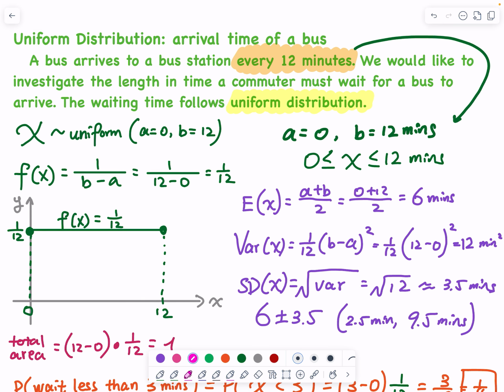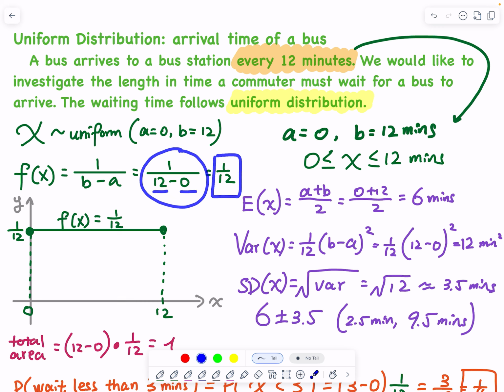A bus arrives to a bus station every 12 minutes. Every 12 minutes means the minimum is 0, maximum is 12. Therefore, the probability density function is 1 divided by maximum minus minimum, and then you have 1 over 12, and then this horizontal line is defined between 0 and 12. Okay, and then the first thing that I would like to find is the